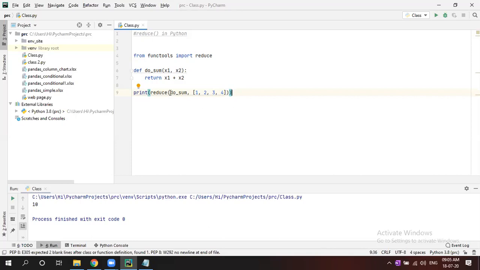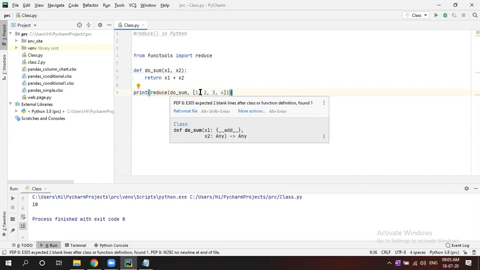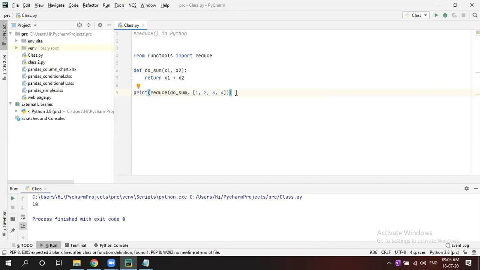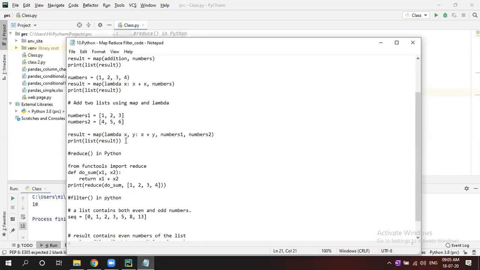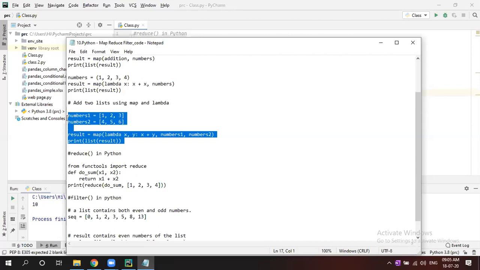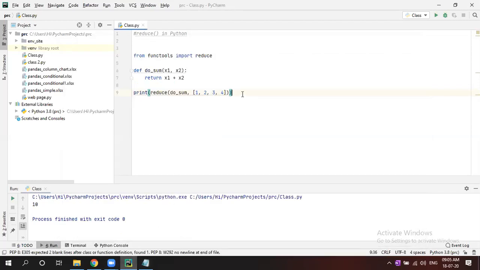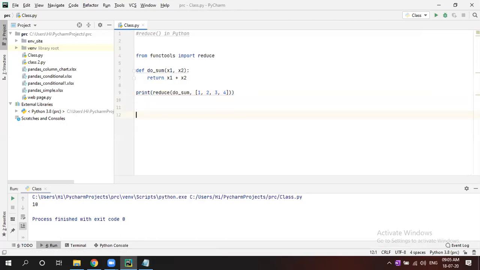Lambda also you can do, no, sir? Yes, using lambda also you can do. But this is another technique. Okay, let's do it using lambda. Copy that. See here, there is only one; remove the second one.